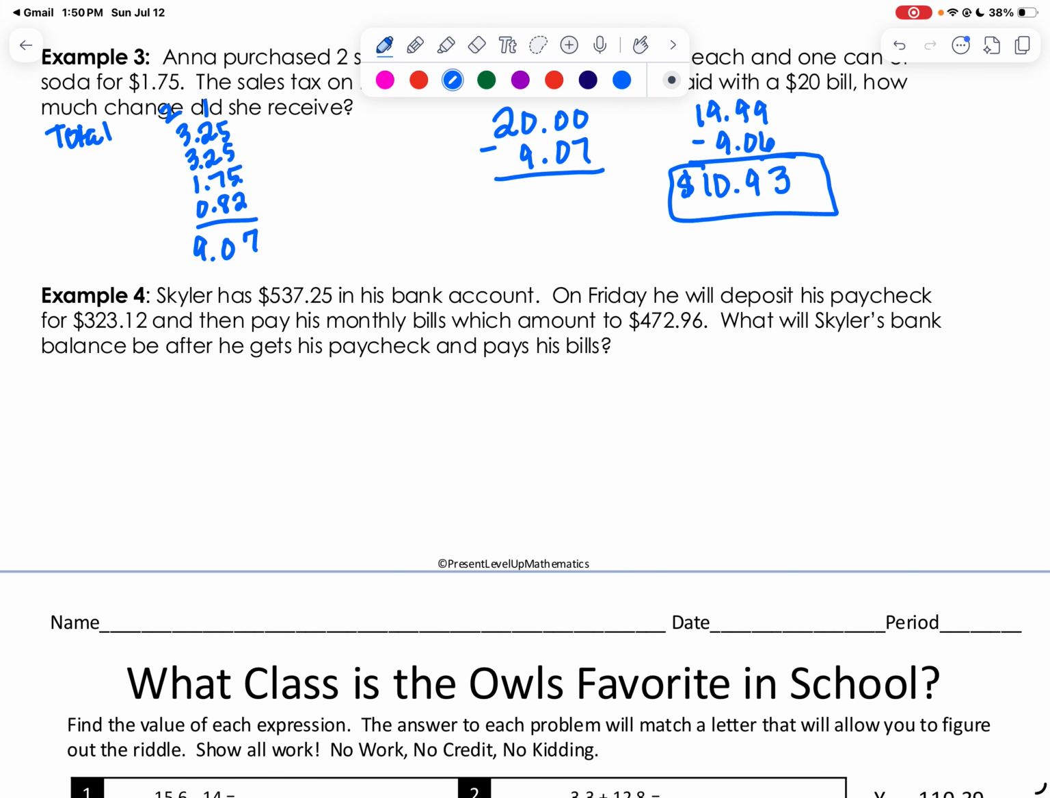All right, so let's take what he already has, $537.25. Then we're going to add on his paycheck, $323.12. So that would be 7, 3, 10, 6, and 8. So after his paycheck, he has $860.37. But unfortunately he has to pay his bills. So $860.37 minus